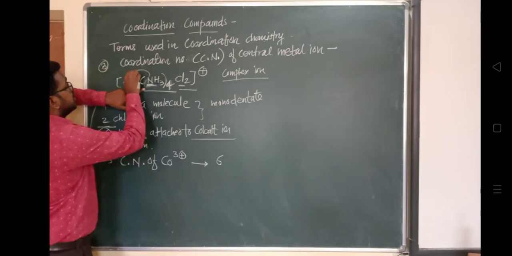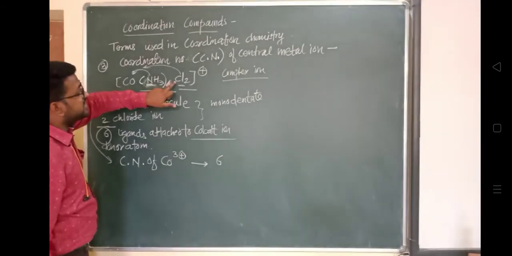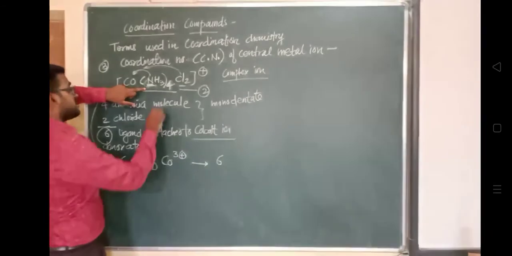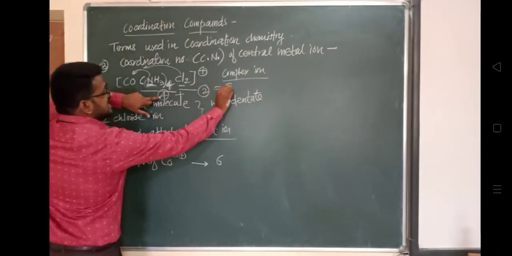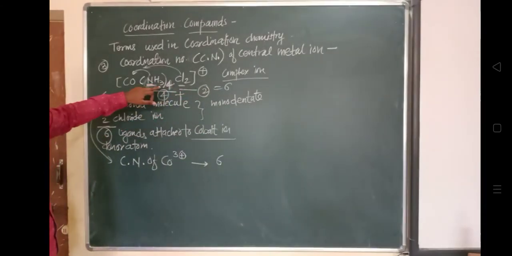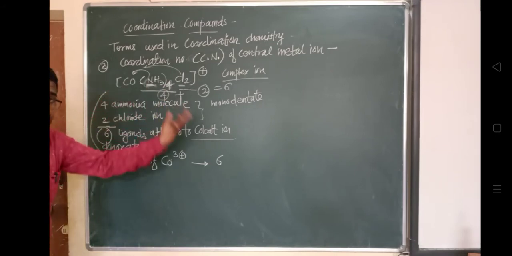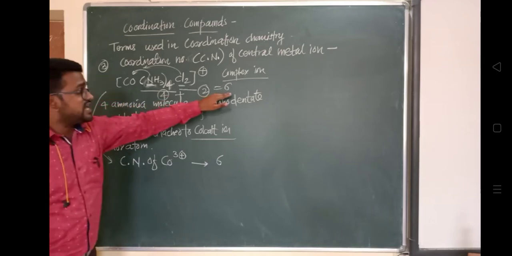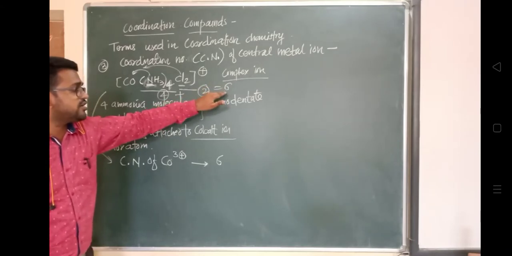So the coordination number of the central metal ion can be easily calculated if we know how many atoms in the ligands are contributing their electron pair, that is, donating their electron pair to the central metal ion, and whether the ligands are monodentate, bidentate or polydentate. Based on that, you will have to identify the coordination number. We have seen this example. Let us see another example of coordination number.